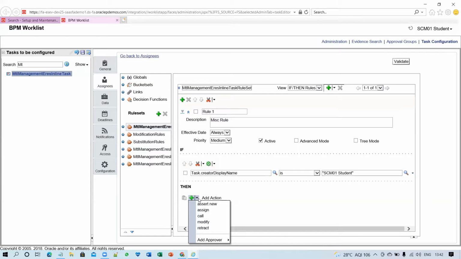So if you click on the plus icon, then there are a couple of options. So you can add more conditions. Then if you see at the bottom, there is an add approval. So if you click on add approval, you can see that it has to be assigned and go to the